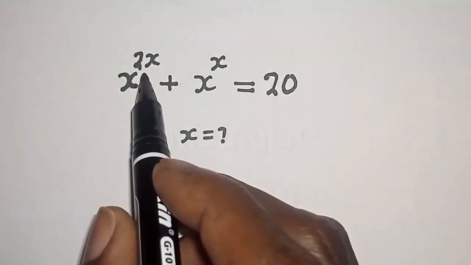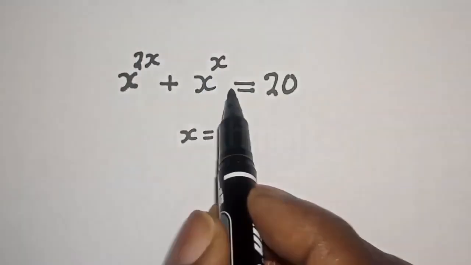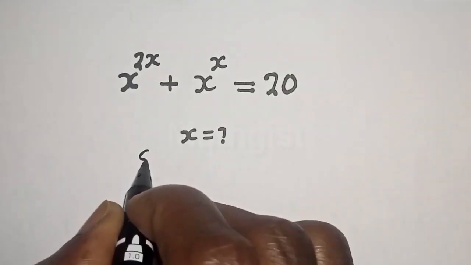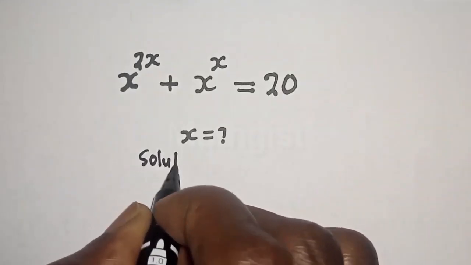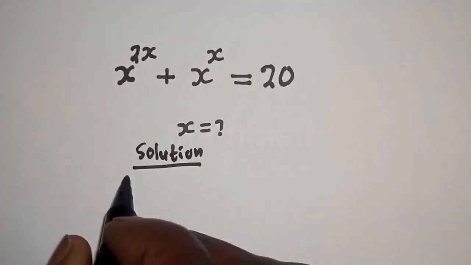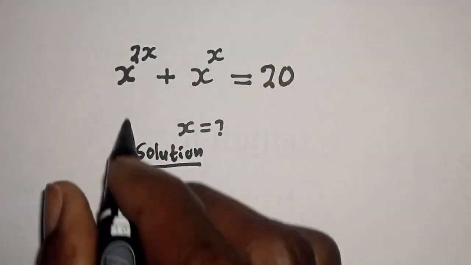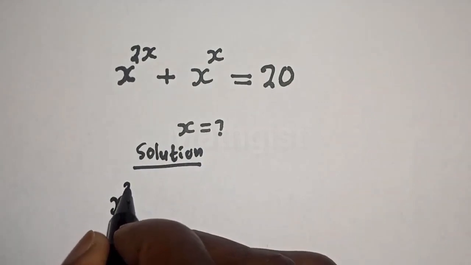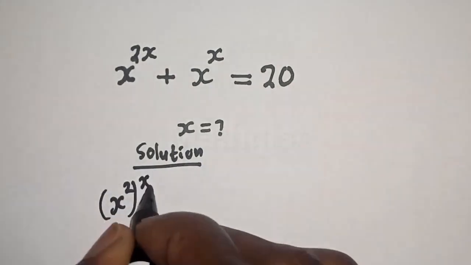s raised to power 2s plus s raised to power s is equal to 20. What is the value of s? Solution. We have s raised to power 2 to the power of s